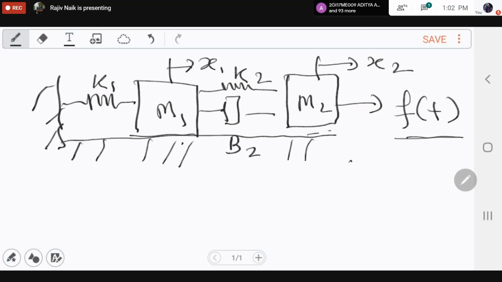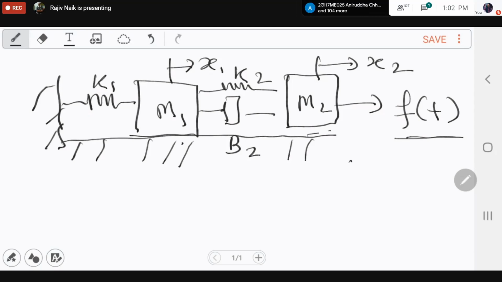Now, here you have to find the transfer function of this particular system. In this system, you have one force, that is one input, but there are two outputs. The two outputs are x1 and x2. See, the transfer function model is applicable to single input, single output type of system. But we can find two different transfer functions, one corresponding to x1 and one corresponding to x2. So both can be obtained like this.